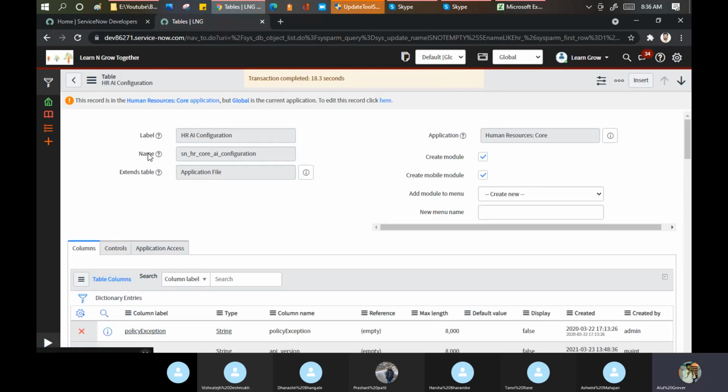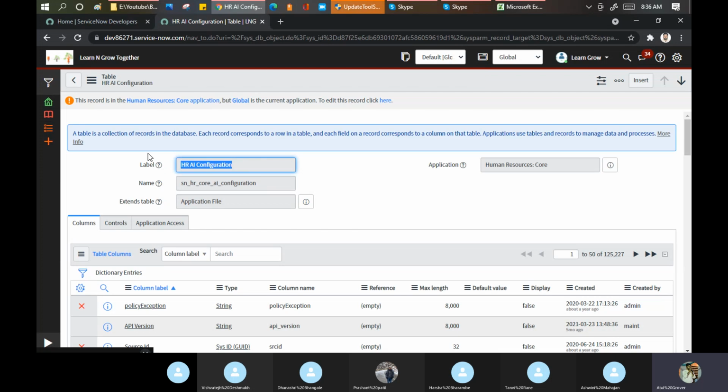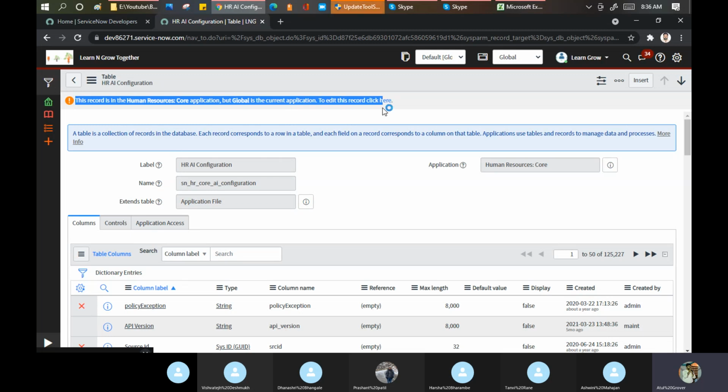See, now what are you able to see here? This message you did not get when you opened the incident table. Yes or no? Correct, you did not get this message, right? But why are you getting this message in the HR table?